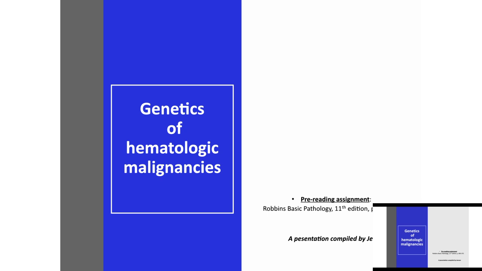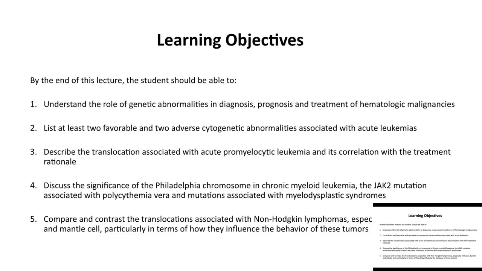So I am going to be discussing the genetics of hematologic malignancies. We will focus mainly on the genetic abnormalities in the leukemias and lymphomas. We will try to, hopefully by the end of the session, become familiar with some of the more common abnormalities that we see,